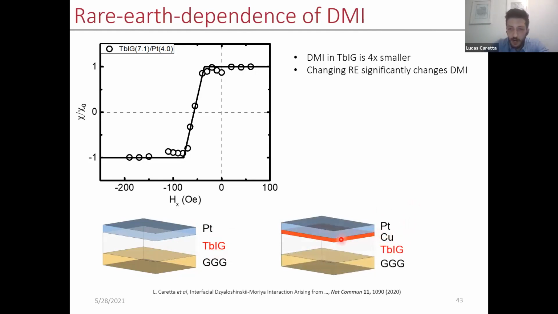Moreover, if we put a small copper spacer layer between the platinum and the garnet material, what this spin transparent layer does is still allow us to torque the domain wall, but it really kills or gets rid of any interfacial effects that would be coming from the platinum layer. And when we do the same measurement, what we actually find is that the DMI increases when we put this copper spacer layer between the platinum and the thulium iron garnet. So this tells us two things. One is that the platinum actually has a very little role in the DMI of this material system, and predominantly the interfacial DMI is actually coming from the substrate garnet interface.